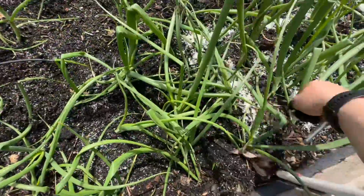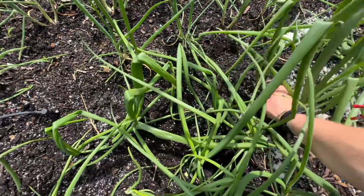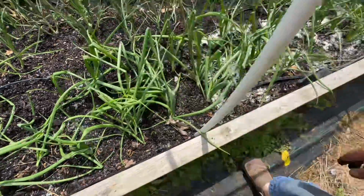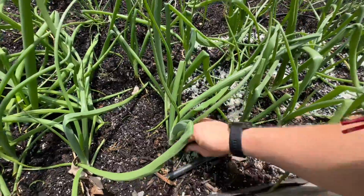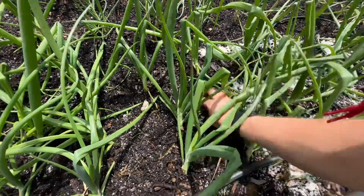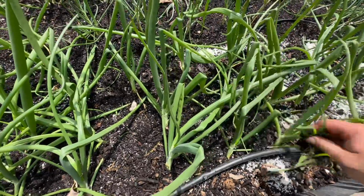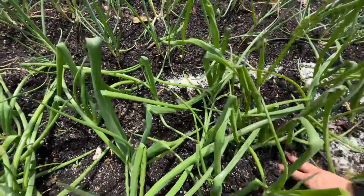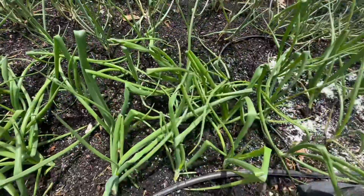So this is pretty much it. A couple things onions need to be grown big is you need a lot of nitrogen in the initial phase of growing the leaves, and then you need a lot of water in the bulbing phase, and throughout the whole growing season you need to keep them fairly weeded. They do not do good with weeds sucking all their food and water away from them. So you just want to stay on top of all three of those things and you should do all right,